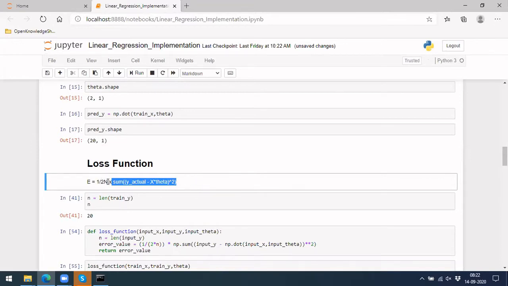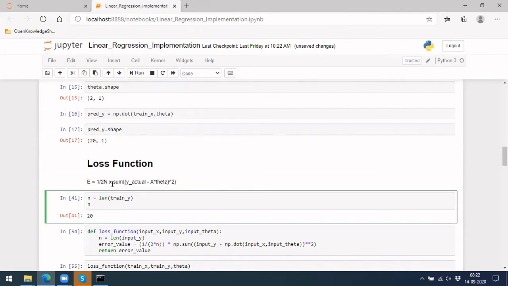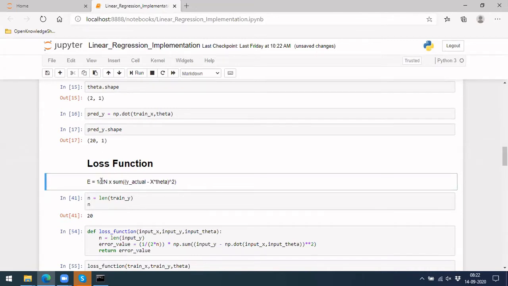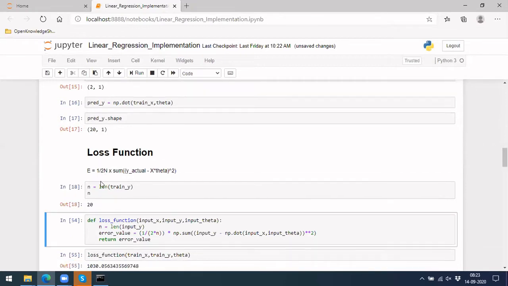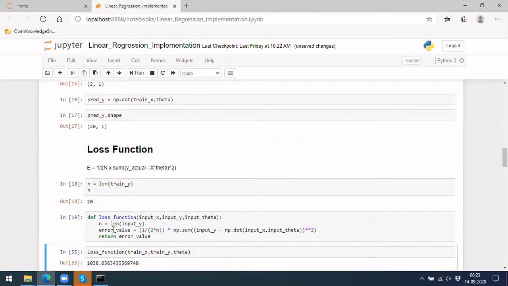And just for our convenience, because when we take the derivative of a square term you get 2 into x, to take out the 2 we also divide by 2. As it is a loss function it wouldn't matter, because we are only concerned about its gradient, its derivative. This is the loss function which we have used.